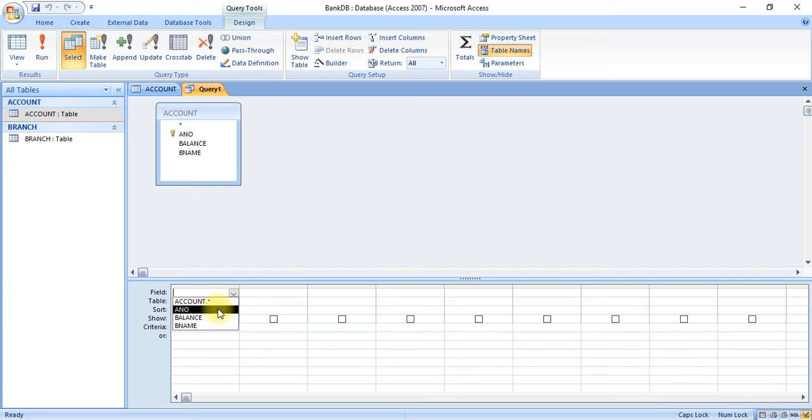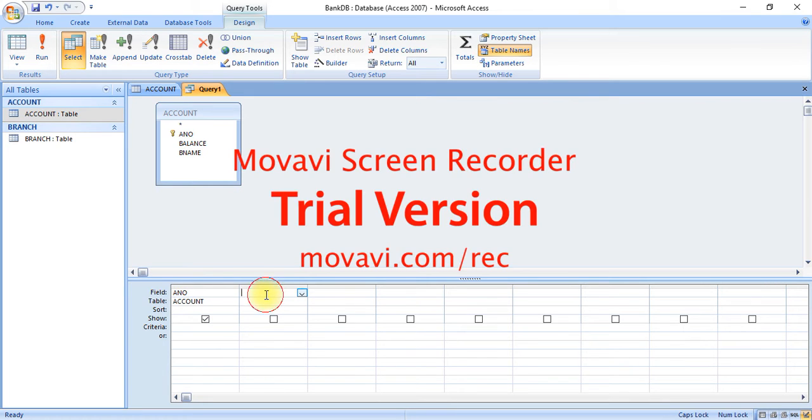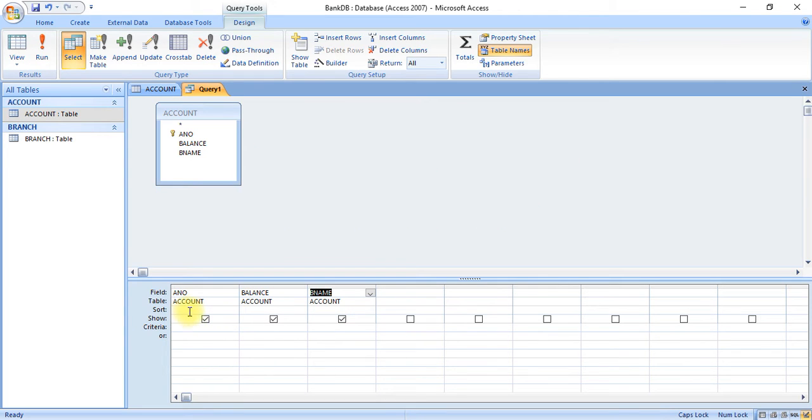Our first field is account number, second field is balance, third field is branch name. Here you can set the sorting order.